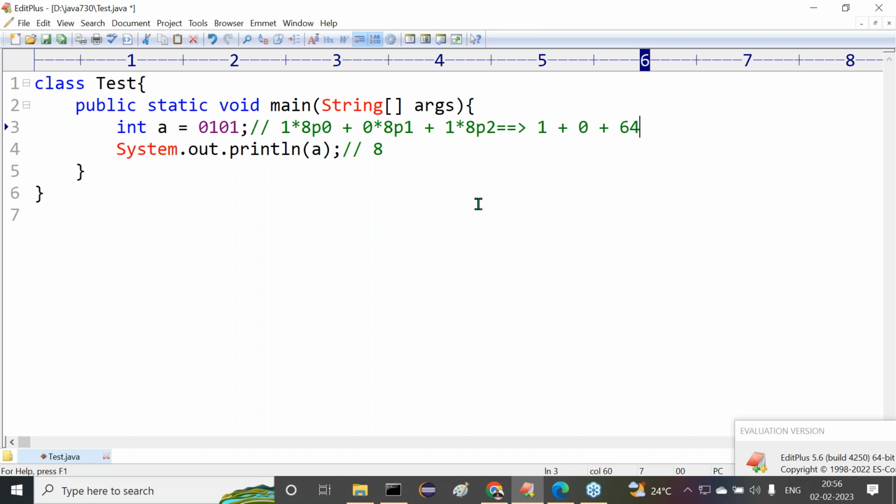Come on, 64. Now tell me what's the value here? 65. Am I right or not?